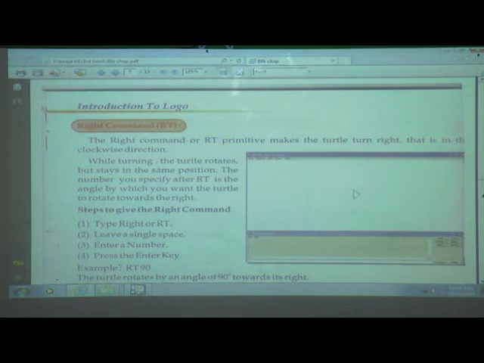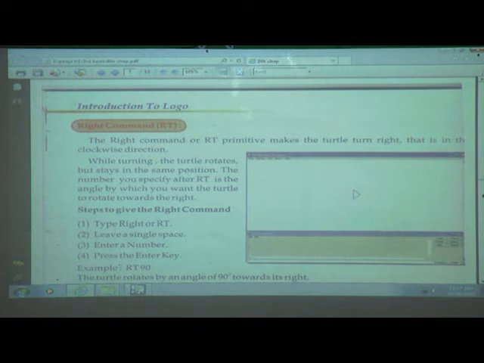While turning, the turtle rotates but stays in the same position. The turtle only rotates. If you want to draw a line in that direction, which command do we have to write? FD. But if you give only the RT command, then the turtle only rotates and stays in the same position. The turtle will not move.